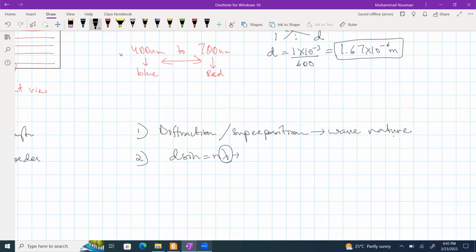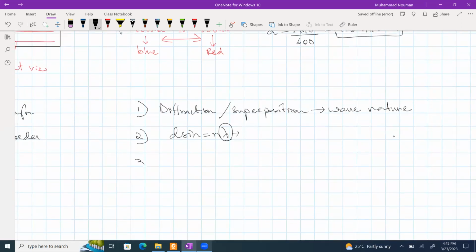And the third thing is an application that you will be studying at higher levels: spectroscopy. Spectroscopy is a process in which we identify a gas that is unknown to us. I mean, if you are given some gas and you do not know what gas this is, you can go for spectroscopy and see its spectrum and find out which